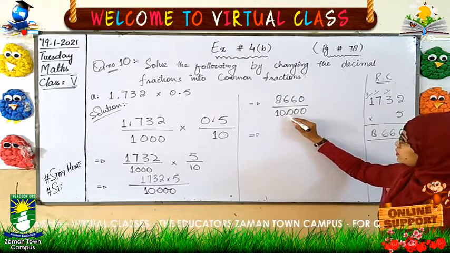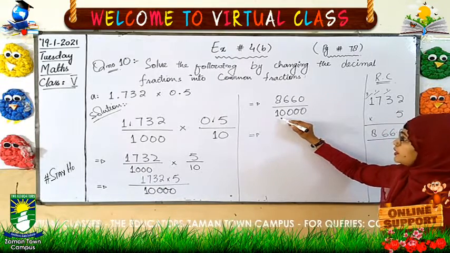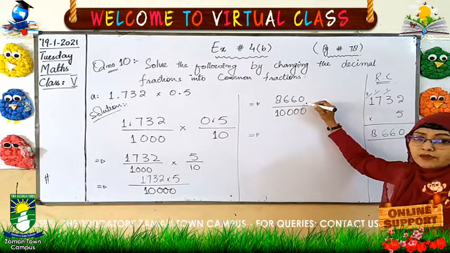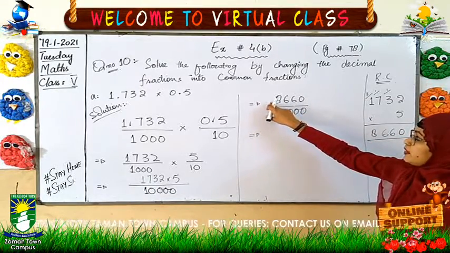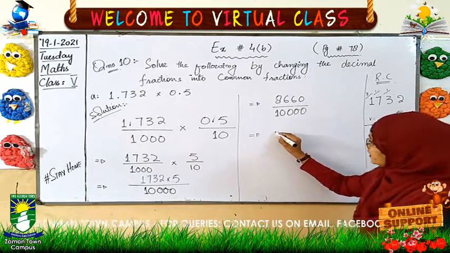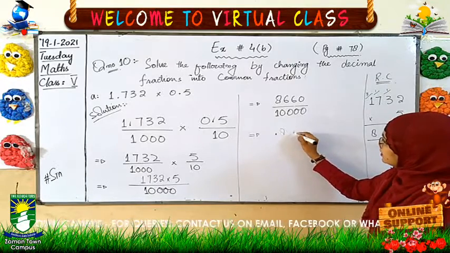1, 2, 3, 4. How many zeros? 4 zeros. It means in the numerator, after 4 digits, we will make a point. 1, 2, 3, 4. It means the point will come before 8. So here the point will come, and 8,